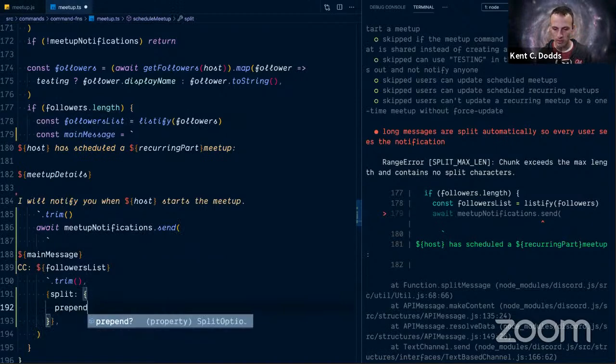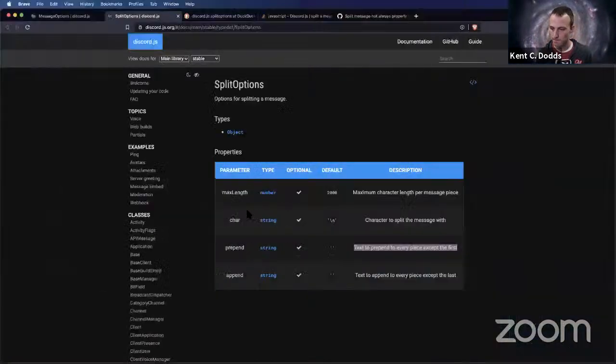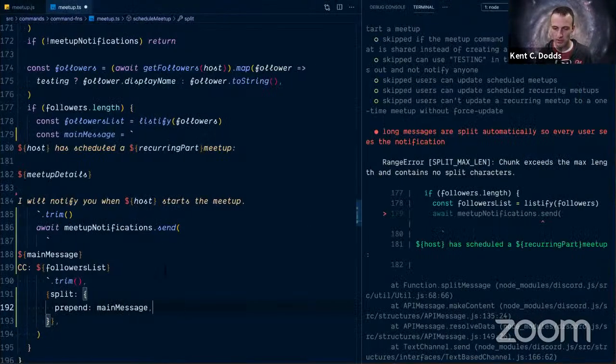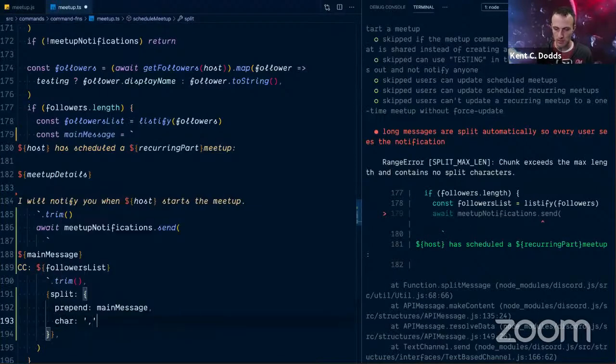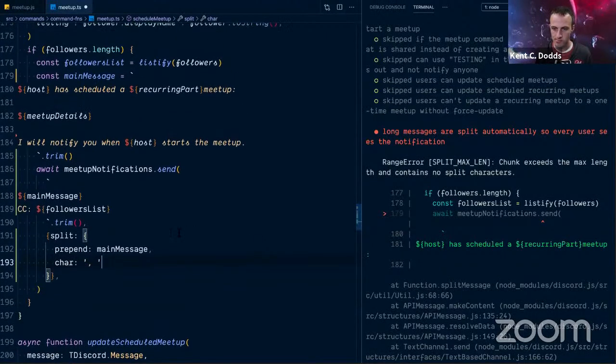And then prepend would be the main message. And then the character to split the message with. Yeah. Be a space, comma. See what happens.